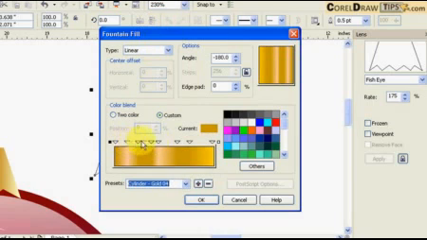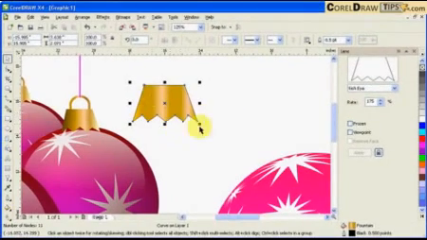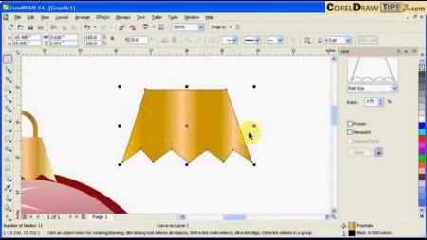Okay, see these triangles here? You can adjust the gradients. Okay, let's say you're happy with that. You just click OK. Okay, I think I'm fine with this one. Okay, so I'm just going to remove the outline by right mouse click here,